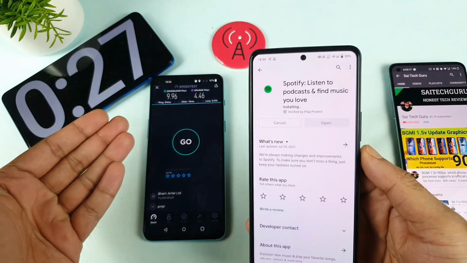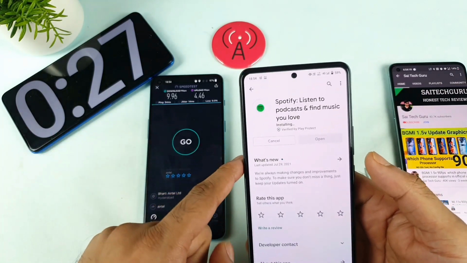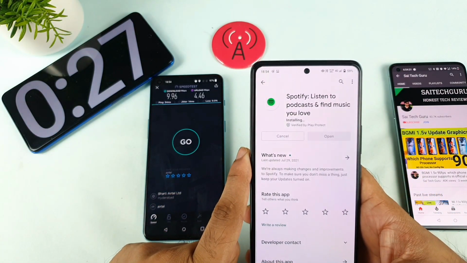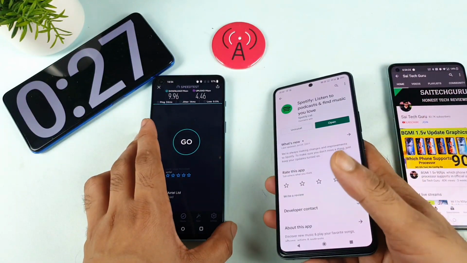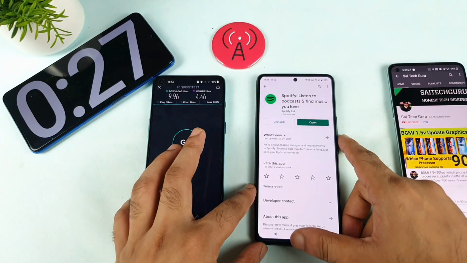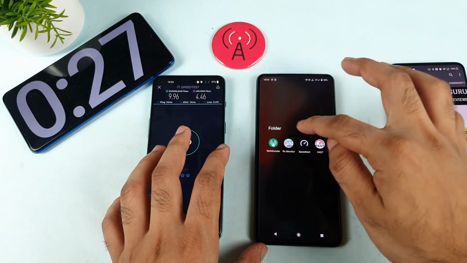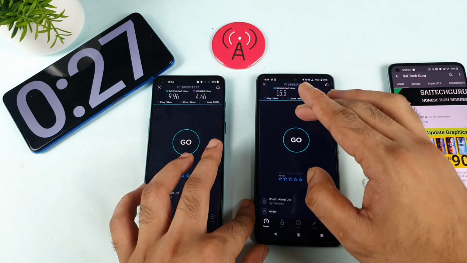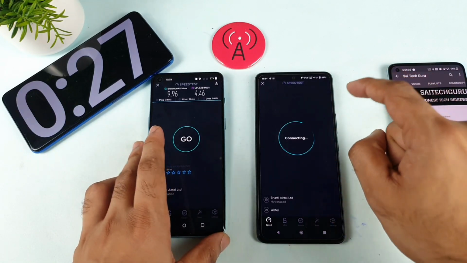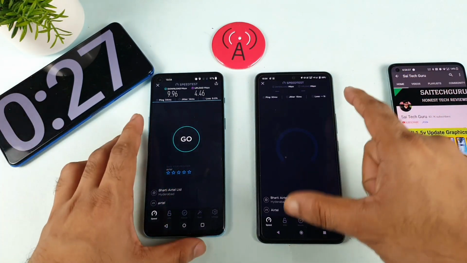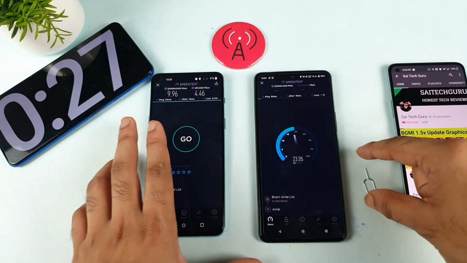So if you remove that 8 seconds of pending time, then definitely, wow, that's very fast. That's very fast in this iQOO 7 device using the Airtel SIM card in the same location. That's very fast, I would say. Like 3 Mbps of download speeds. Let's start the speed test again. So in the download test, the iQOO 7 is a clear winner. You did see that using the Airtel SIM card.